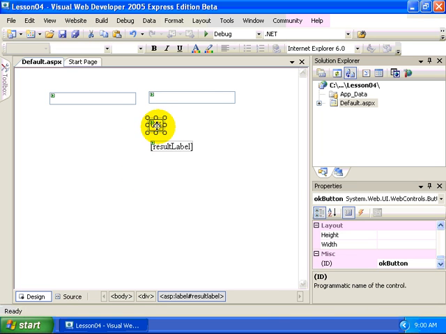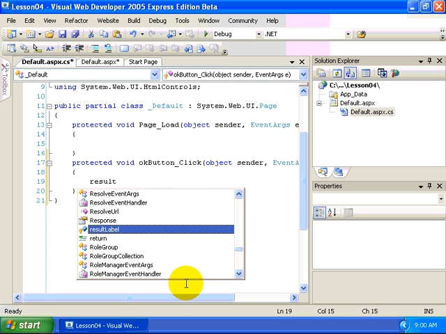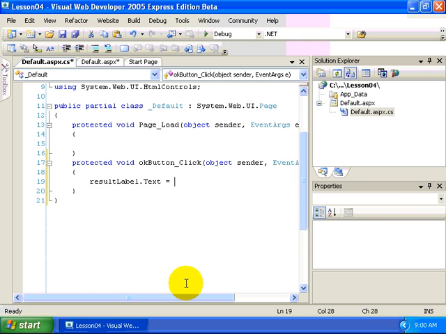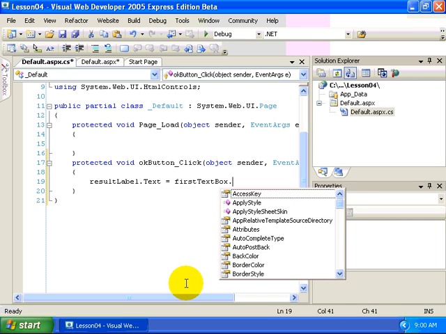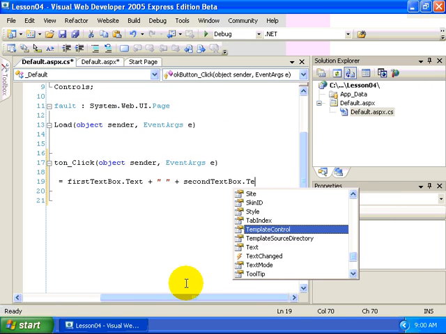What I want to do is write some code behind the OK button, and the first thing that we're going to do is demonstrate how viewState works, and then we'll show how to use viewState within our own applications for some custom values that we'll put in. So we have done something like this a couple of times already, so this shouldn't be anything really that new. I'm just going to populate the result label.text with the first text box.text property. I'm going to concatenate in an empty space and then second text box.text,